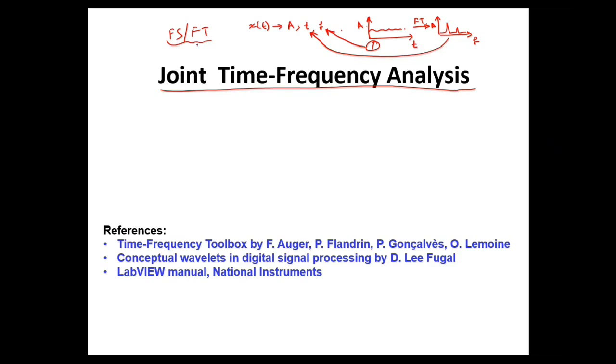So whatever Fourier series and Fourier transforms we have seen, there are no transforms which analyze the signals using all three parameters. And this is one of the disadvantages. Now this disadvantage can be overcome if we go for the joint time frequency analysis. And this is what we will be studying in this chapter.